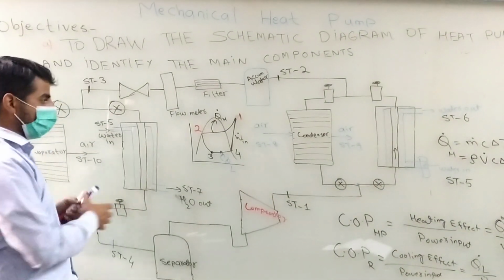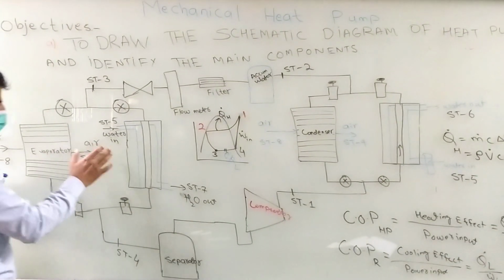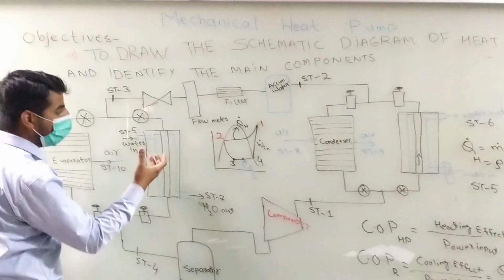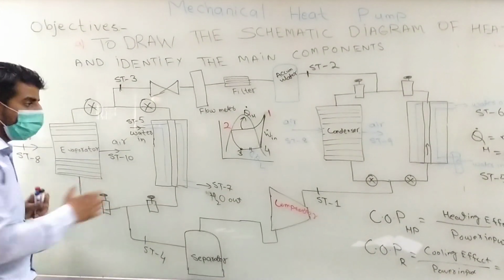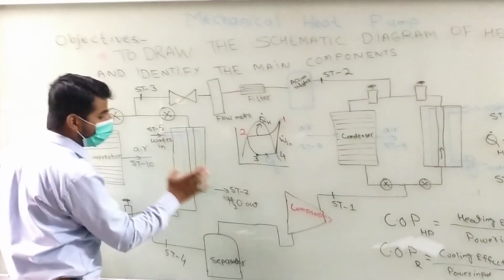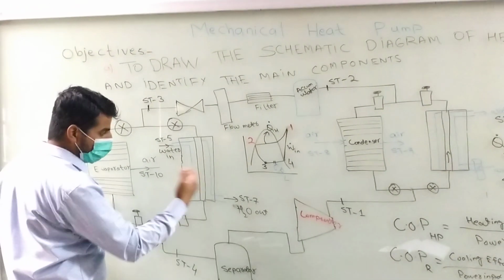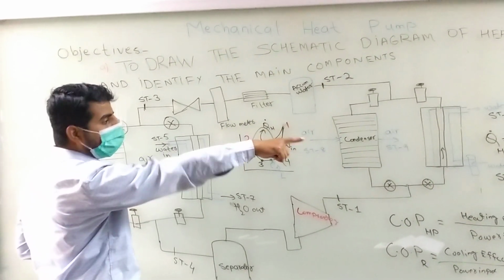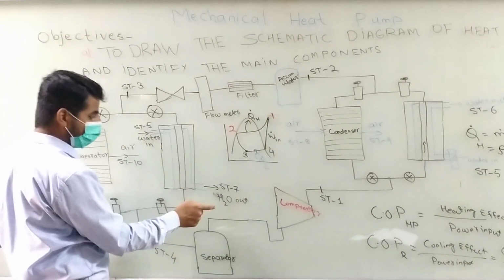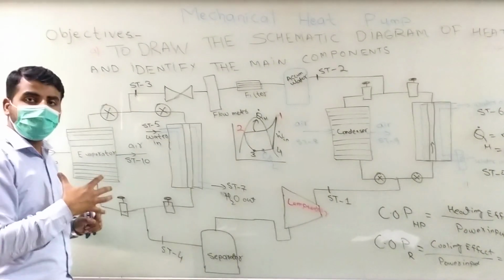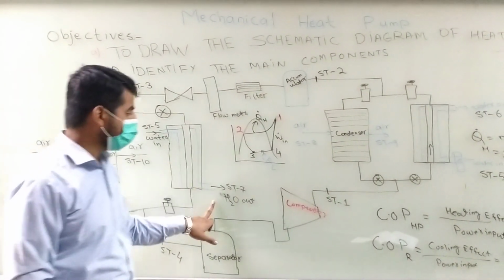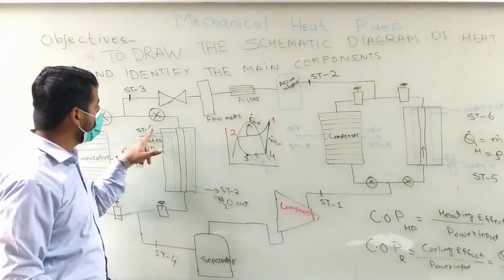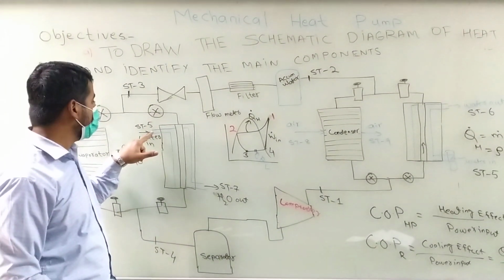So this is in the air condenser, focusing on the water. So basically here when the refrigerant is flowing, it is absorbing heat, from where? From the water, because it is at a low temperature and pressure, it will absorb heat from the water and will change its phase. So using these two temperature sensors, using the same formula, I can find out how much heat is absorbed by the water. So ST5 and ST7, again two temperature sensors, and I have the flow meter here to find out the value of the water flow rate.